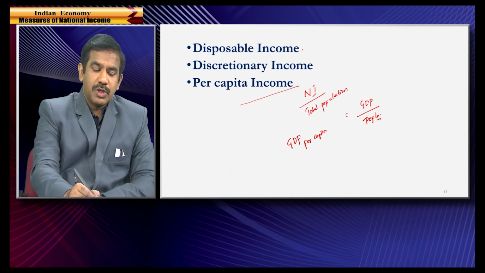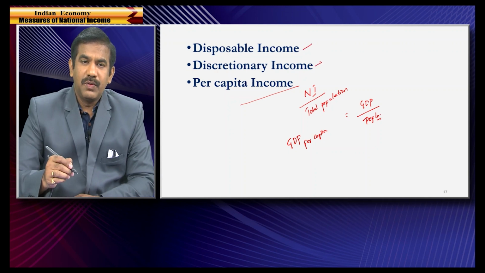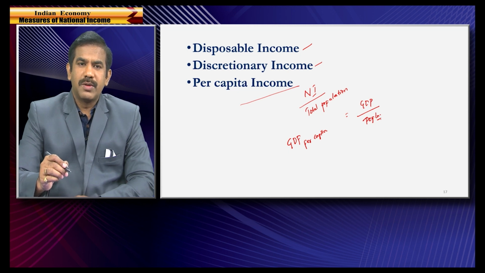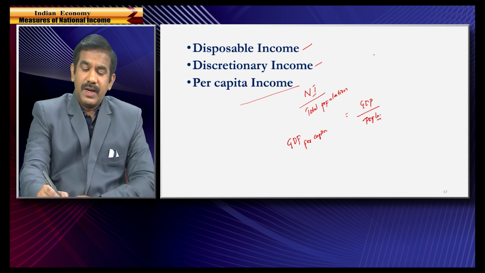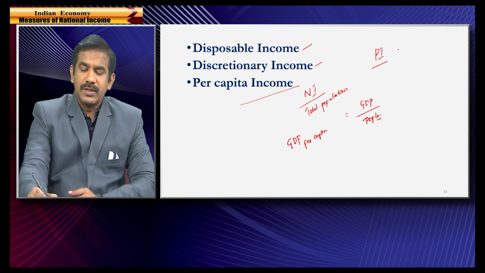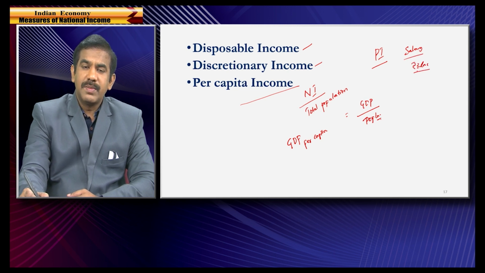Now let's look at disposable income and discretionary income. But before going into them, let me explain this in the context of an individual, so that it would be easy for you to understand. Let's say there is an individual, myself, and let's start with my personal income. If I am working for a company, the company makes a promise to me that this is the total amount of salary that we will be paying you per month. Let's say the company promised me 3 lakh rupees per month as salary, and this income that I am earning from this company is what I call my personal income.